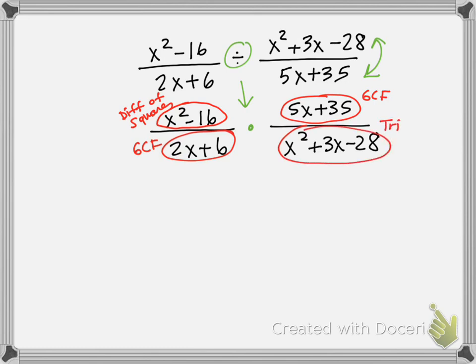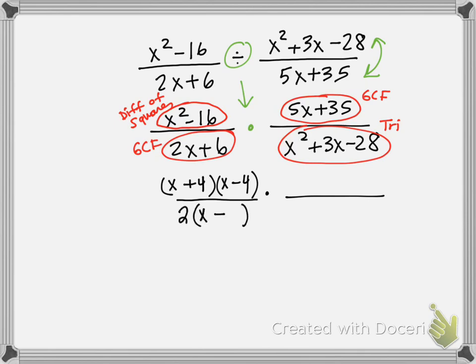All right, so let's take a look at my first numerator, difference of squares. I know I have to set up double parentheses, alternate the signs, one's a plus, one's a minus. X squared splits as x times x, and 16 splits as 4 and 4. My denominator for GCF, the biggest number that divides 2 and 6 is 2. What would be left? I would have an x plus 3. For my next numerator, the biggest number that divides 5 and 35 is 5, and what would be left is